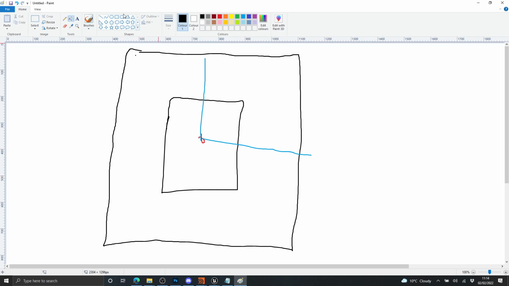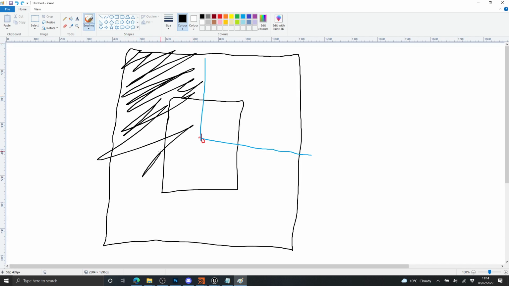I wonder if this will work. No, that's not going to work. Okay, where ideally we actually want to cut out everything that the player isn't seeing. Now,